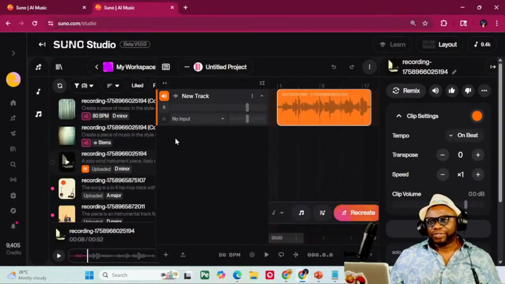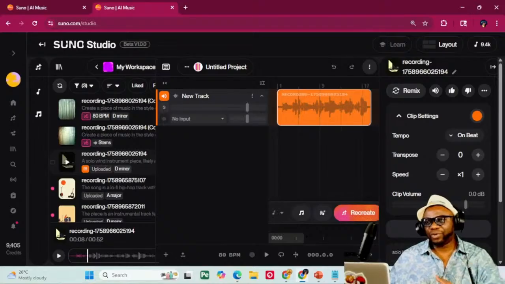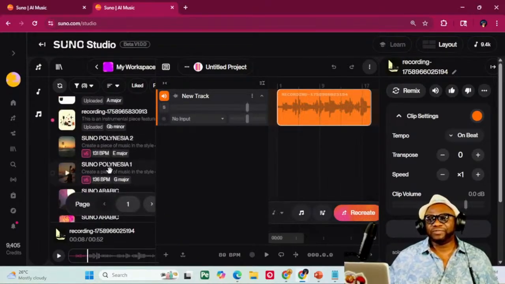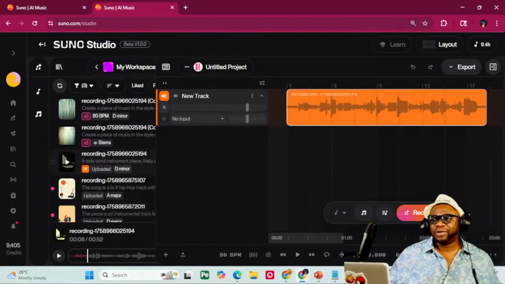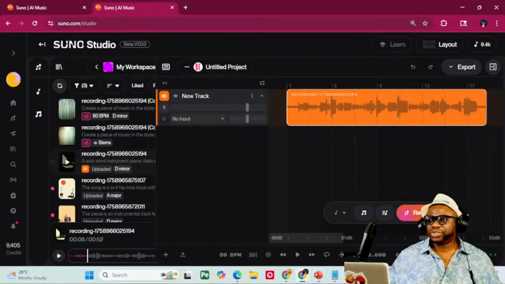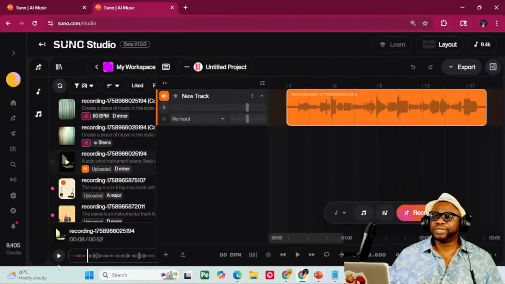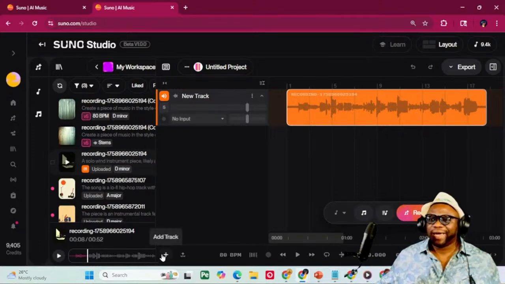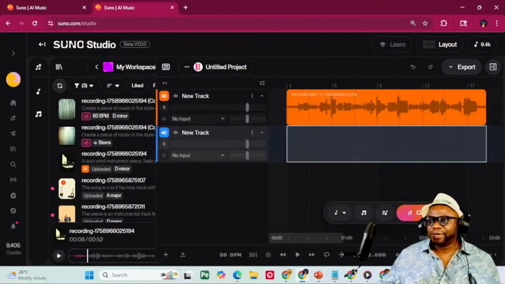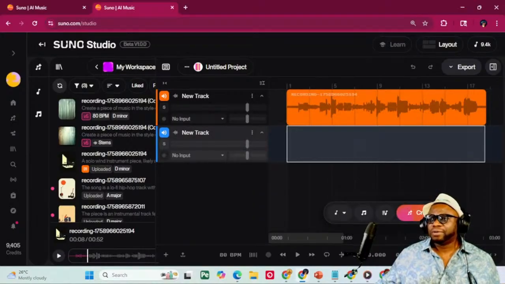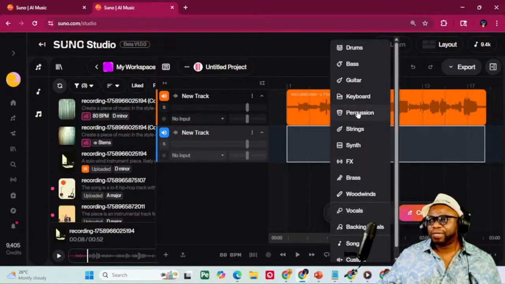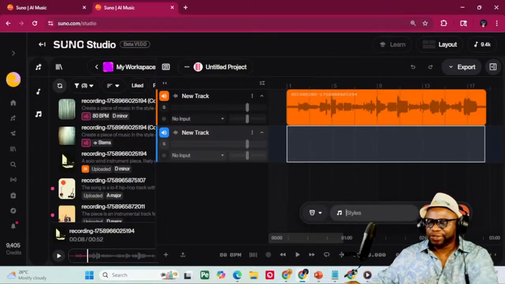So if you don't have an instrument or a vocal or something to import, maybe you could look for something that you've done in the past from Suno. But it really works nice when you've got something organic that you've recorded and you want to experiment to see what Suno can do to top that. So the next thing you would do is click on add track. You would add a track, and then you could choose this area, from here all the way to where it ends. And you could then say, I want to add percussion. And the style, you can just say,